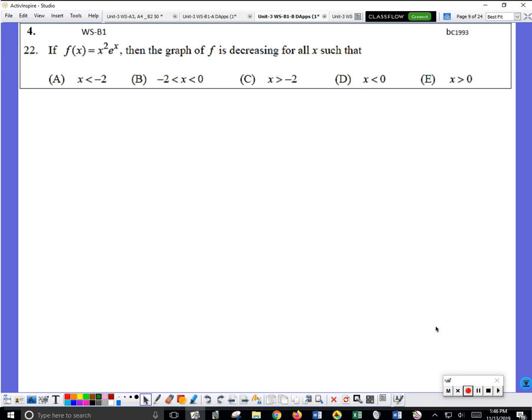F prime, when it's negative, it's like over. That's exciting. This is asking us to realize when it's